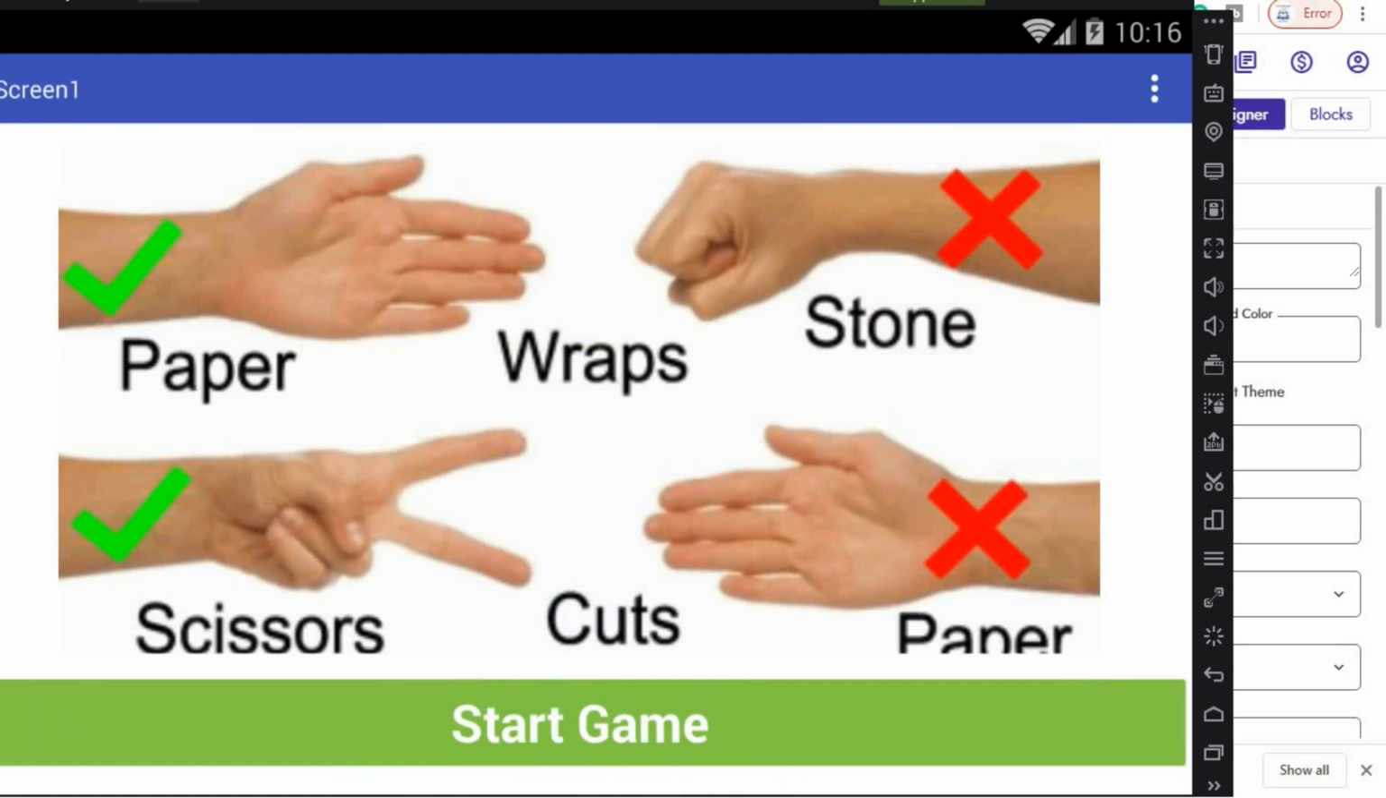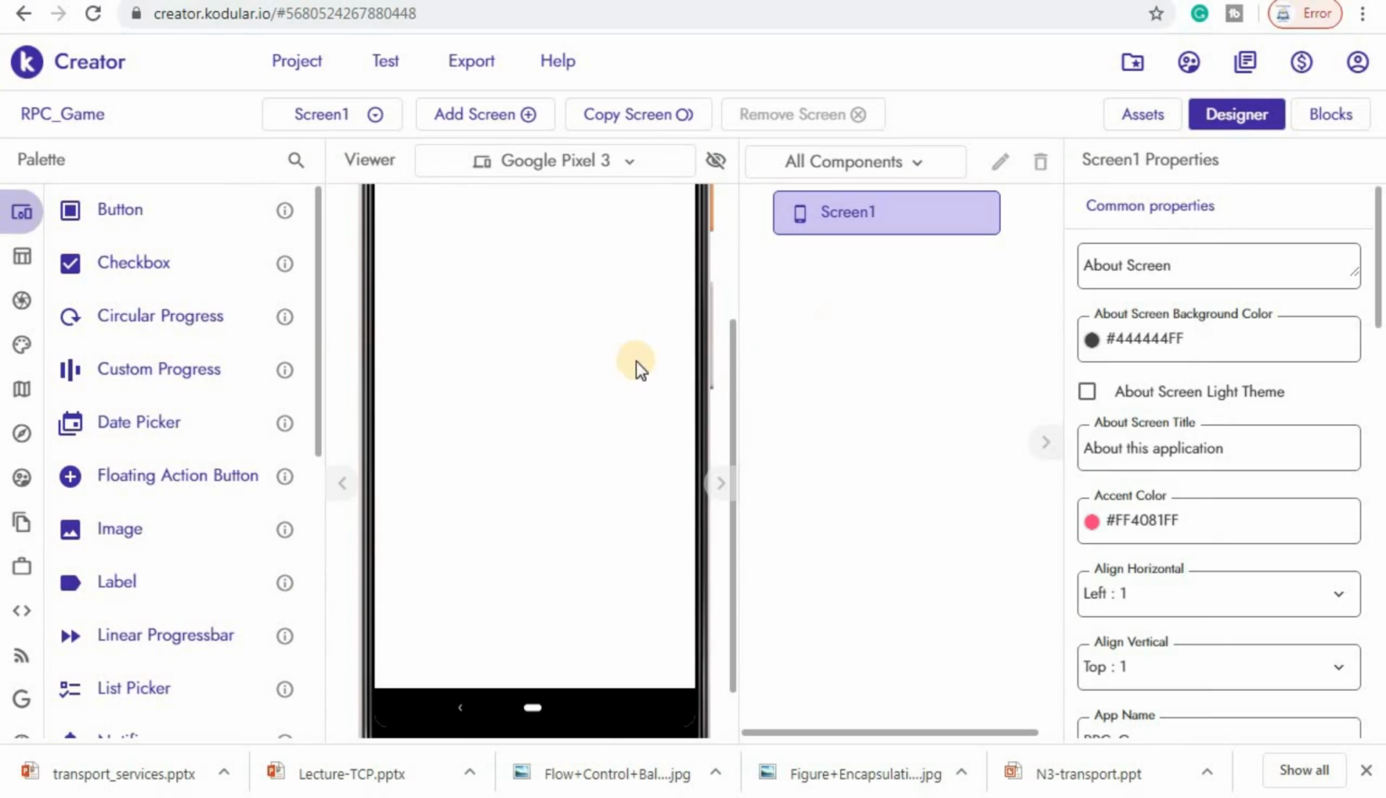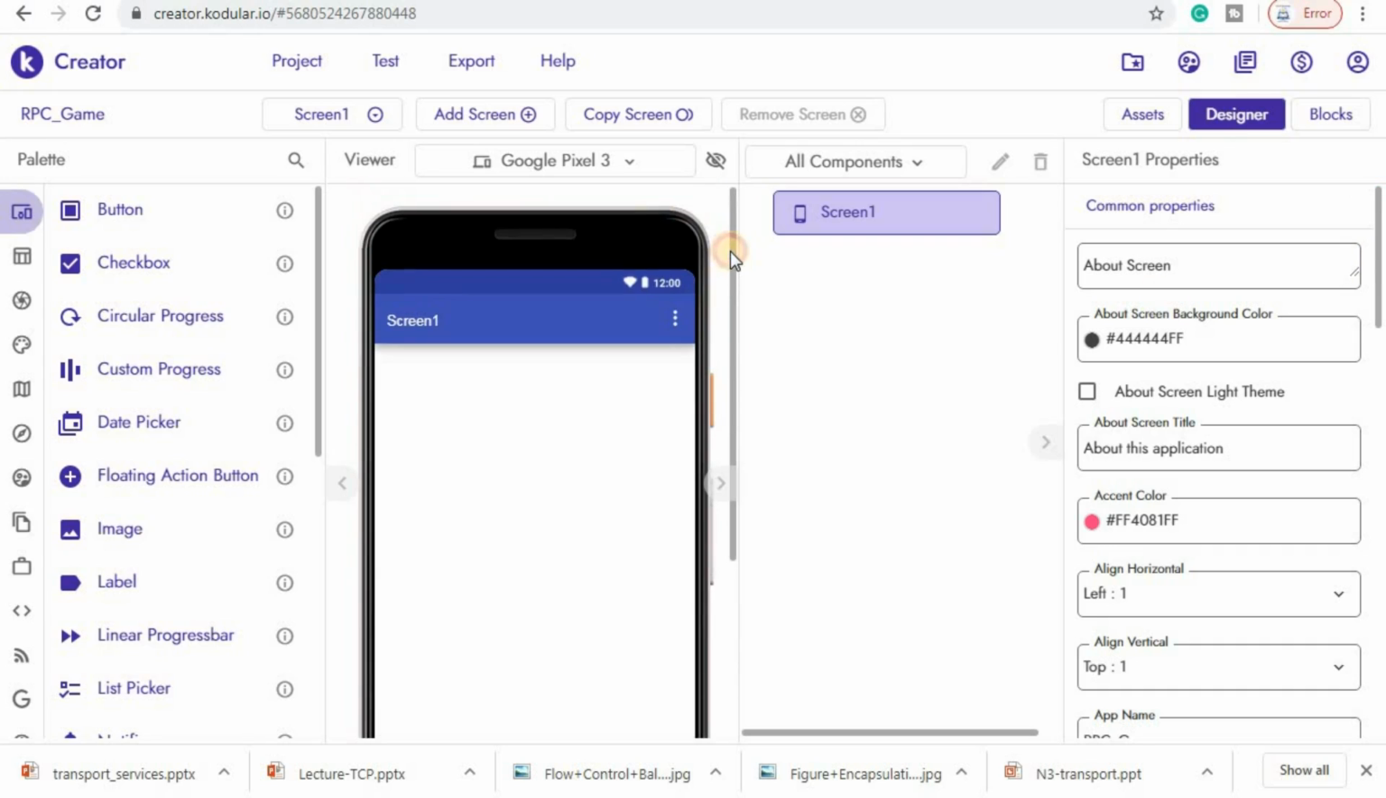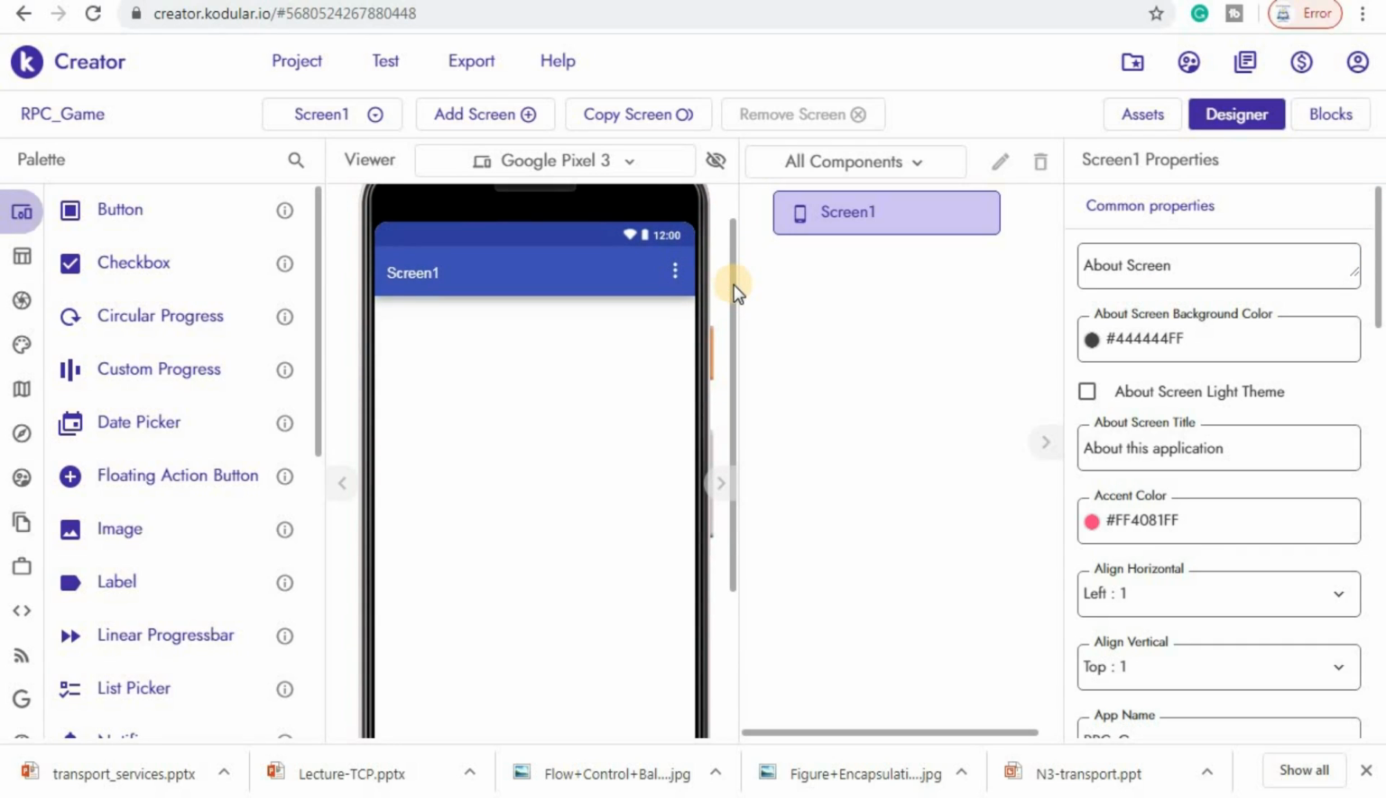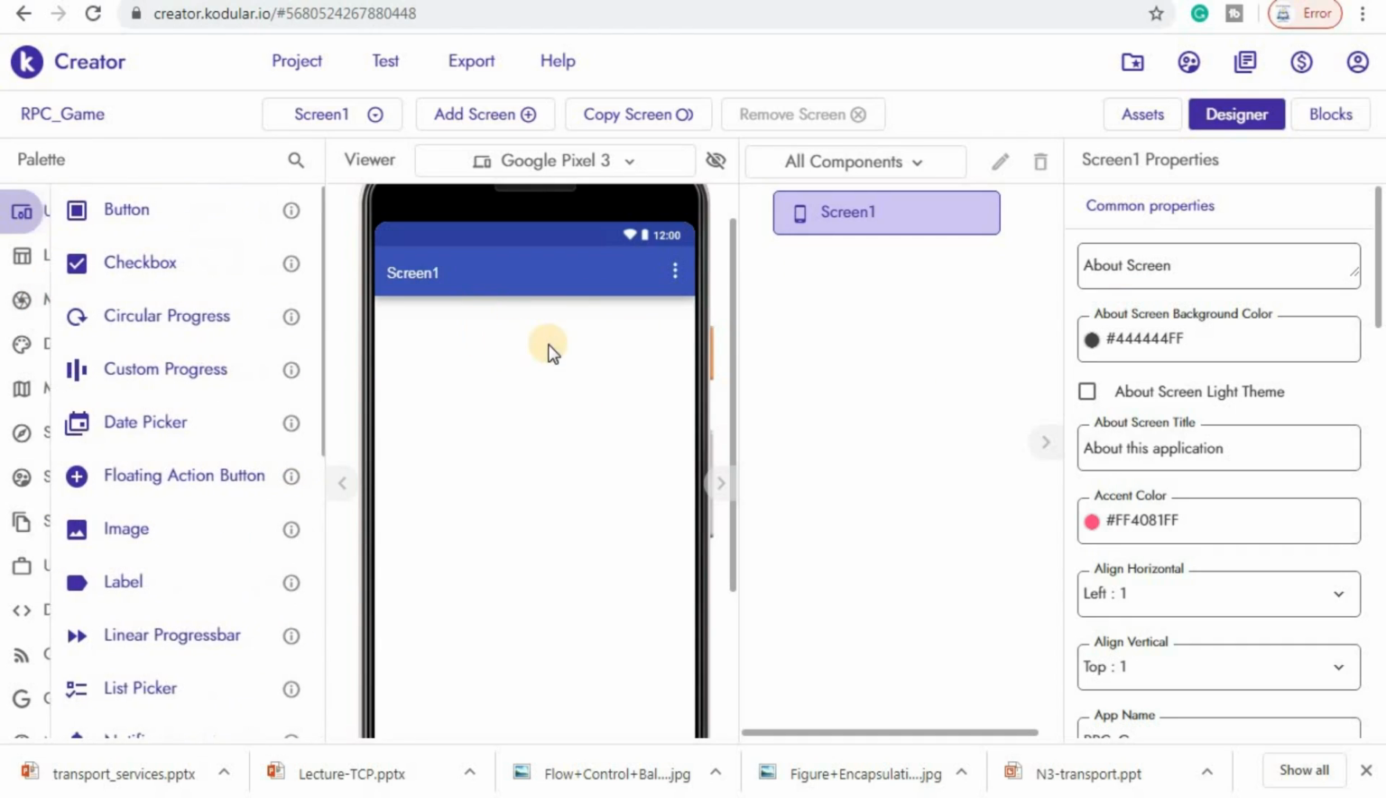Okay, so for implementing the game, open the Kodular IO, create a project, name the project, and then it will provide you this kind of window. So if you haven't watched my previous video of Hello World application using Kodular, then watch that application so that you will understand what exactly this layout means. Okay, so we have to drag the first